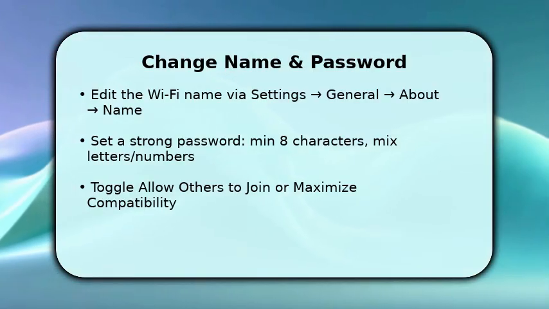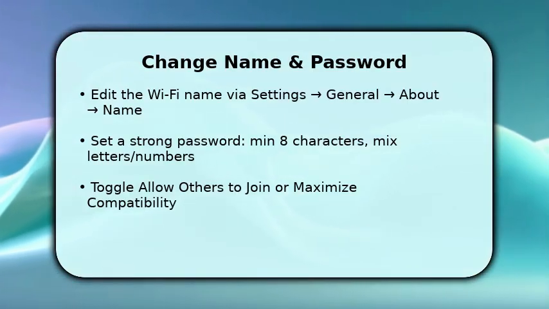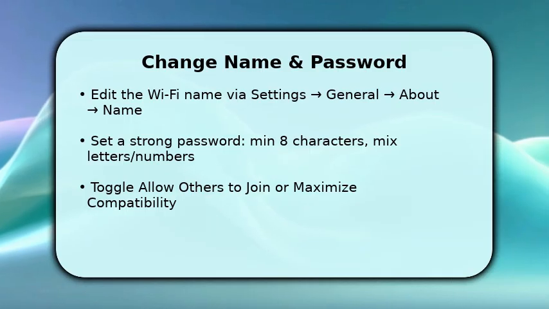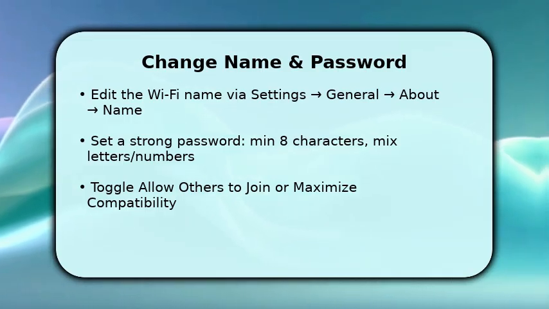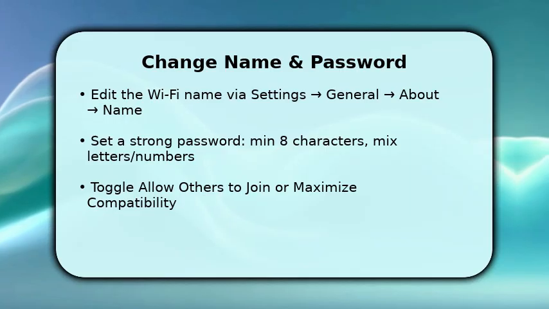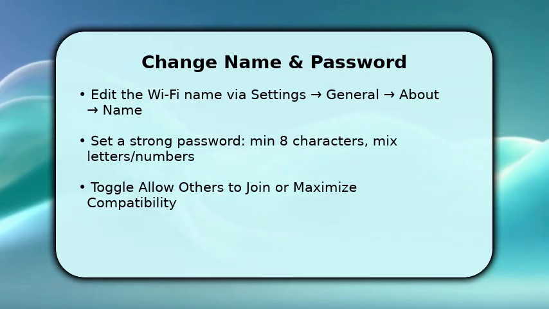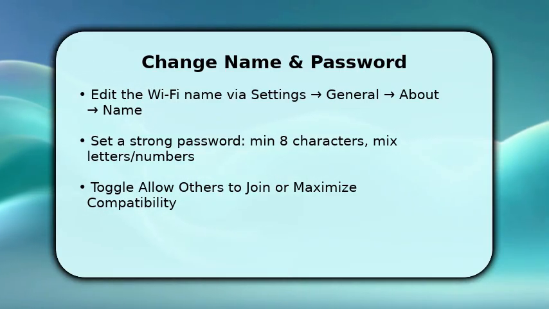Next, change the network name and password so devices find the right hotspot. Go to Settings, right arrow General, right arrow About, right arrow Name to edit the SSID because the personal hotspot uses your device name. Then return and type a strong password, 8 characters or more, with letters and numbers, for